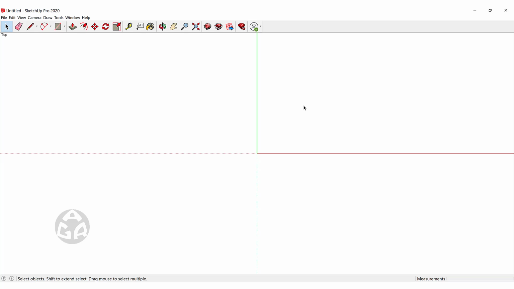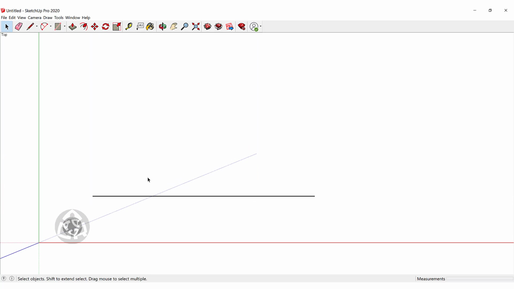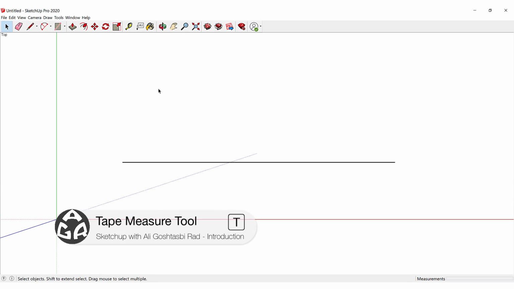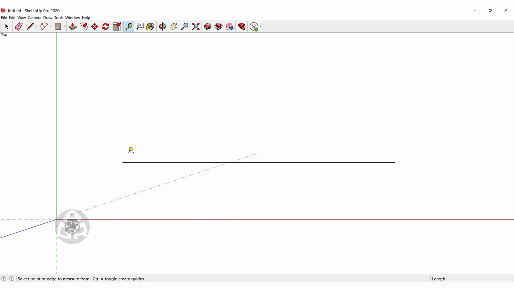So why do we need the tape measure tool? Tape measure tool has a lot of benefits that we can use inside of SketchUp. So for example, if I have a line over here, the first thing that we can do with the tape measure tool is, let me press T on keyboard. The first thing that we can do is to click on a point, and then we can find the length